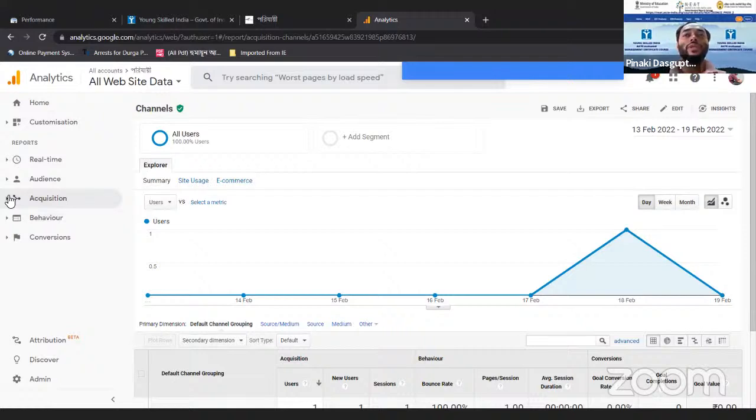So why do we need Search Console, and also why do we need Google Analytics? So that's the thing. The two platforms have their own purpose. In Search Console, your purpose is to give instructions to Google and to check how Google is checking your website. What is Google's perspective about your website? That is the purpose of Search Console.